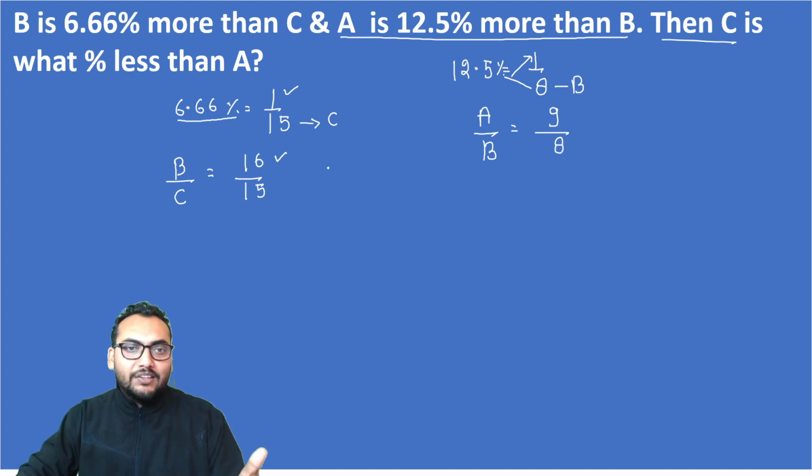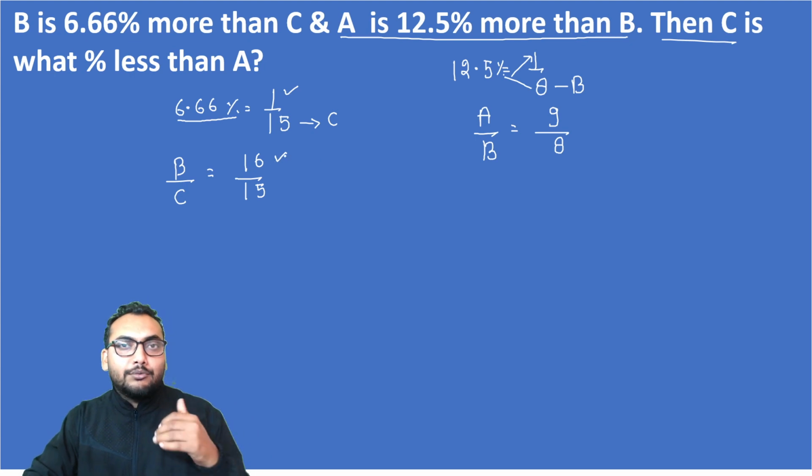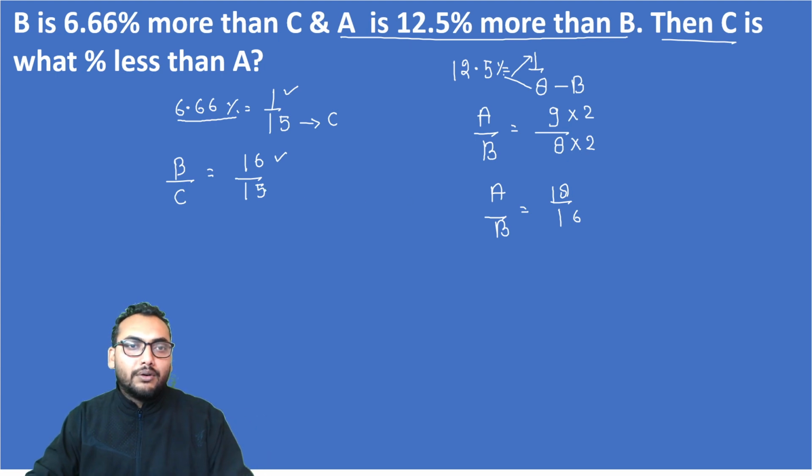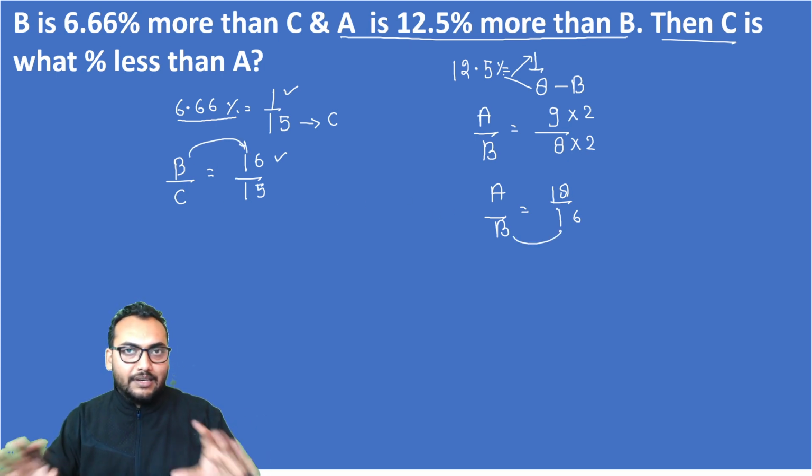So how can we do this? Actually we need to equate it now. If I multiply B with 2, then in the numerator also we need to multiply it by 2, so that the fraction will not be changed. So now I can write A by B as 18 divided by 16. Now we know that here B is 16 and here B is also 16. That means now we can write it as,